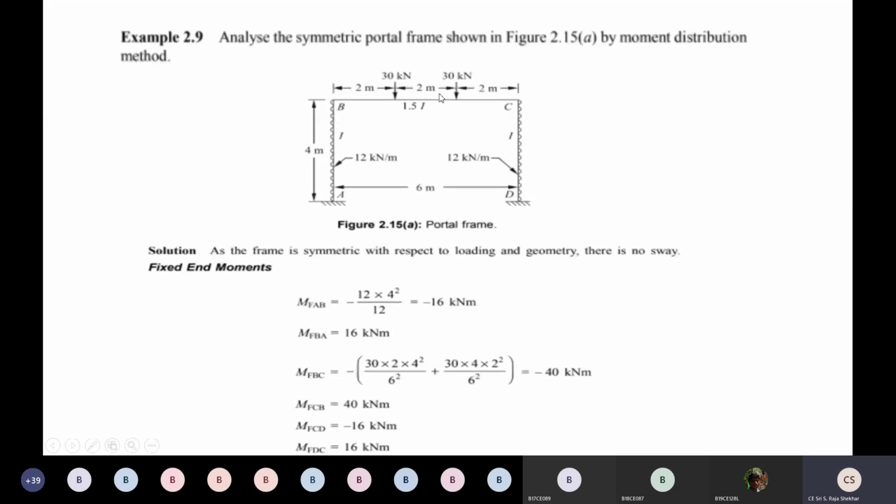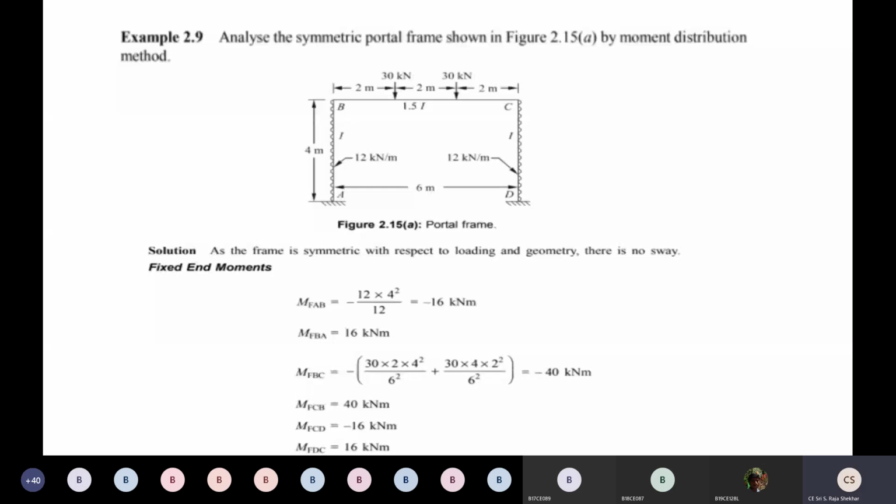Okay, so for this frame we are using the moment distribution method for analyzing it. For analyzing this frame we are using a technique. The technique is called the moment distribution method. Okay, so in this moment distribution method,